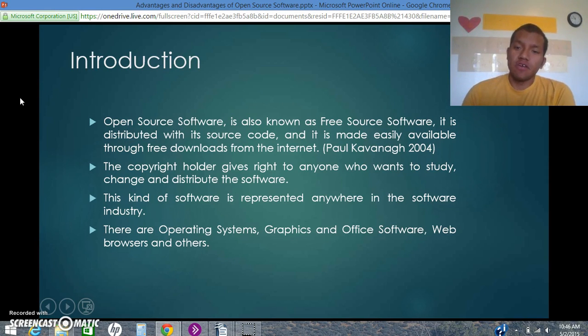Open source software is also known as free source software. It is distributed with its source code, and it is made easily available through free downloads from the internet. Copyright holders give the right to anyone who wants to study, change, and distribute the software.